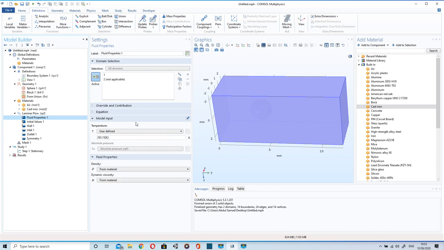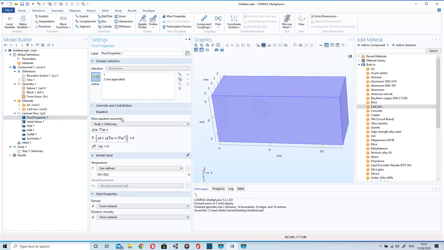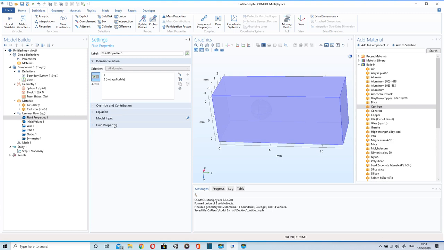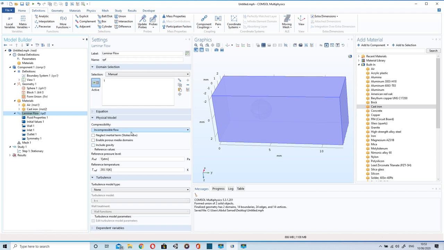Now let's go through the properties once more. Fluid properties equations are given. Density of the material, I have assigned it from material. You can put your own values as well. I will change this to compressible.